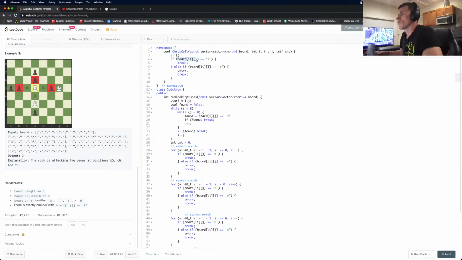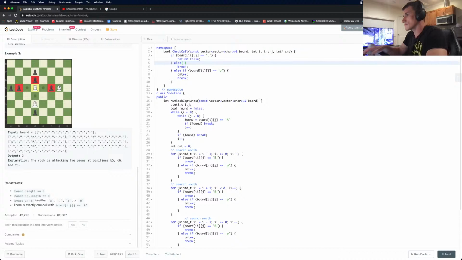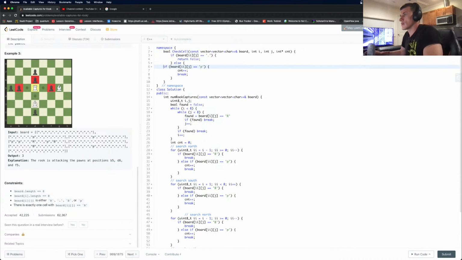If board[i][j] equals what dot, return false, so we don't need to break. Else if... so basically then we don't care about the B case because we will break anyway. So all we need to say is just else. We already know that we need to break, so we will return this after all anyway. So all we say here is this,